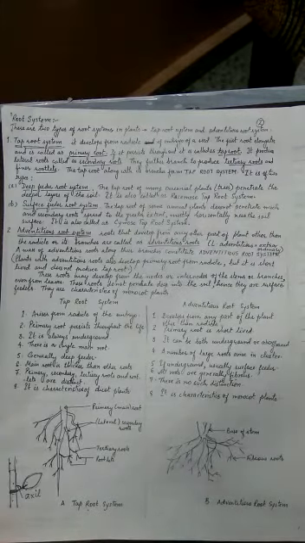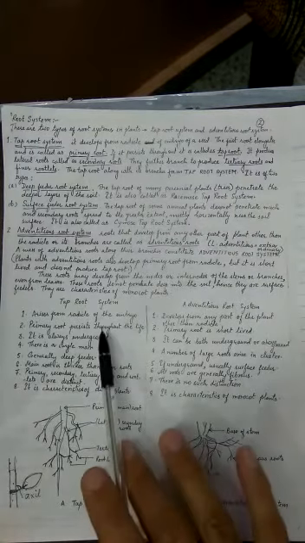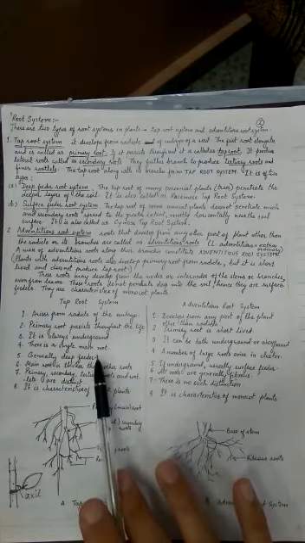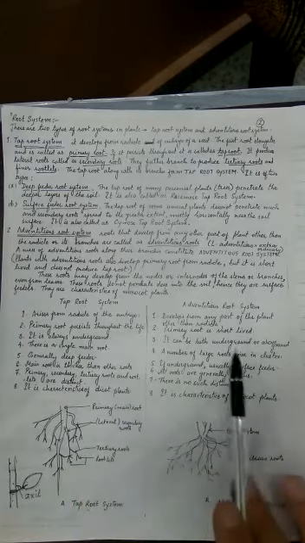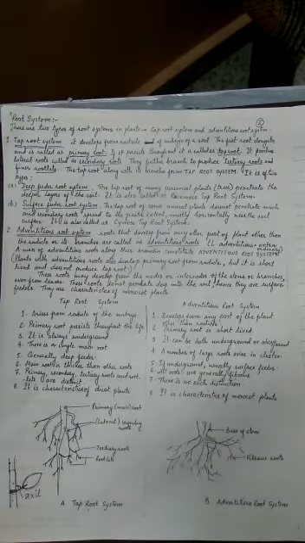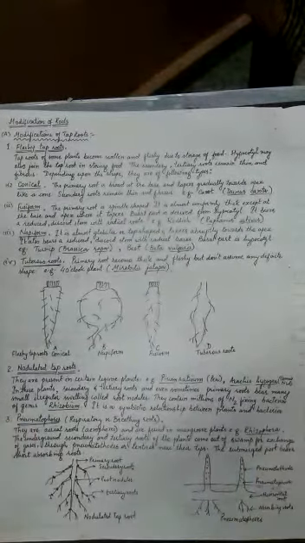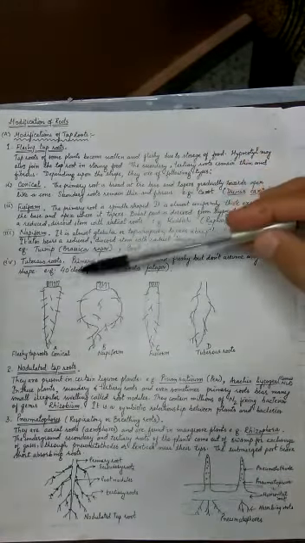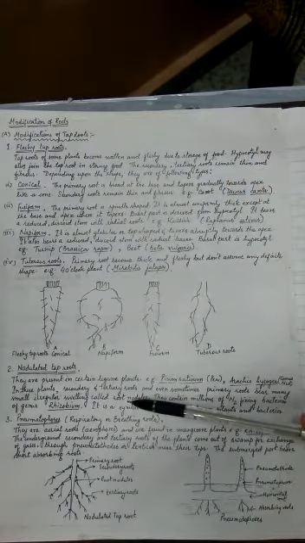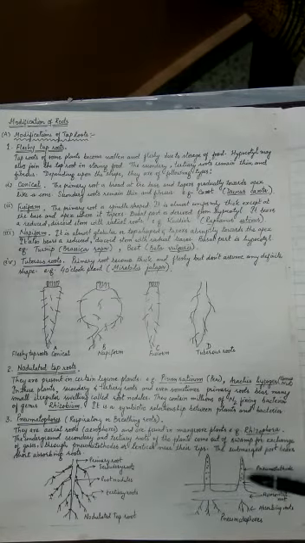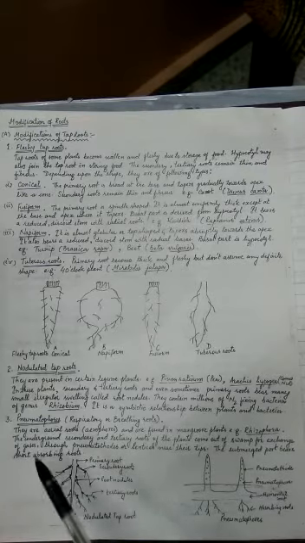And then we learned the differences: the taproot system arises from the radicle, while the other develops from any other part. The taproot remains as a persistent primary root in the case of dicots. It will finish in the case of monocots, so which one will develop? Adventitious will develop. We learned these differences, and we learned that there are modifications of taproot also. So taproot can develop into fleshy roots to store food, various forms we learned, and it can develop nodules for nitrogen fixation, or it may develop branches which come out of the water level and develop holes in them for exchange of gases, which are called pneumatophores.